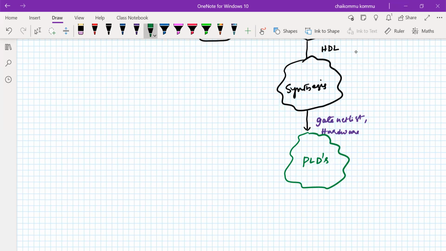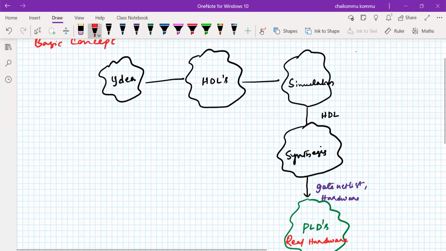So the PLD is actually a real hardware. The PLDs take the responsibility of showing your idea as a real world output. Now the question is...